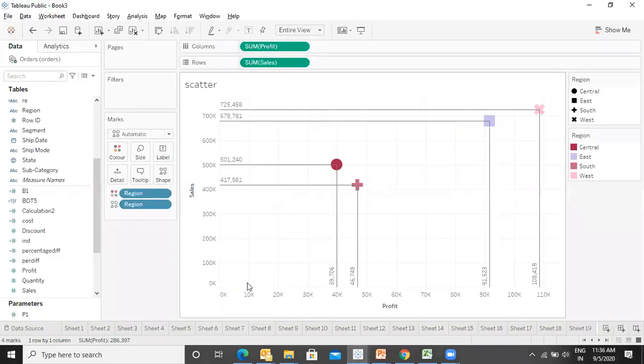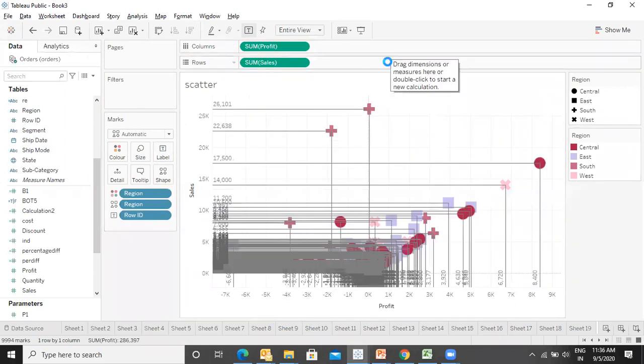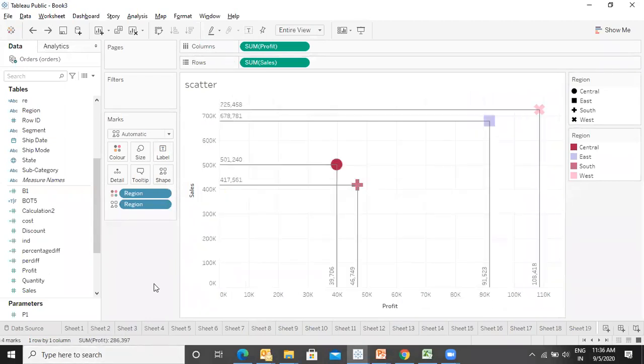Then we can also do one thing. We can put the region in the label as well. Oh, what happened? Control Z. Okay. Put the region in the label. So we are getting this.